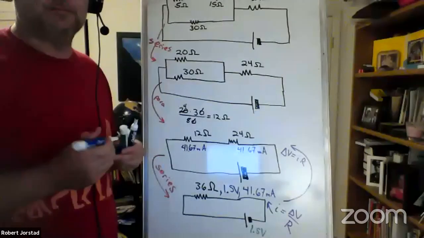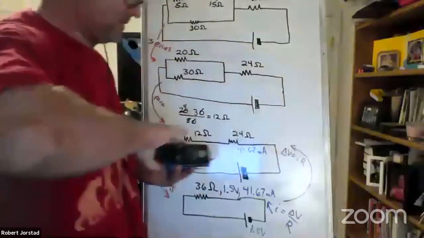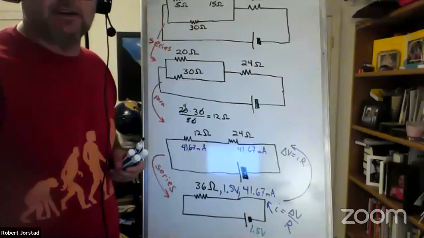Maybe I'm doing something wrong, but I'm not getting the same number as you, the 41.67. You said just divide 1.5 divided by 36? Yeah. Milliamps. Oh, milliamps. The decimal. Oh, okay. Yeah, I see it. Is that what it was? Oh yeah, millis. Yeah, I got you. Yep. Okay. Cool. And then notice the energy